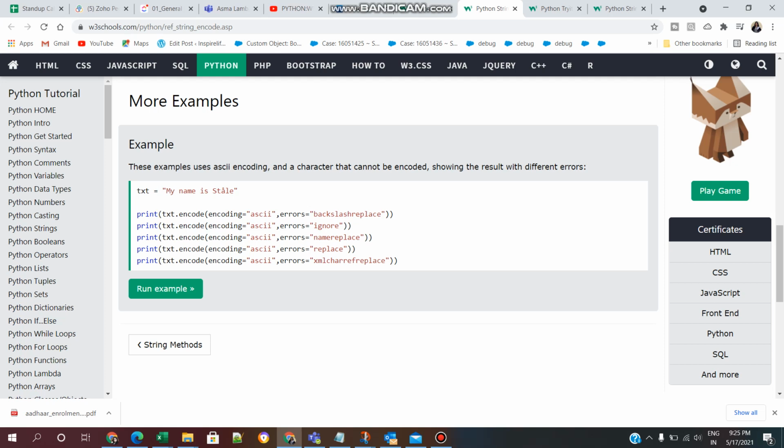Now print txt.encode with encoding equal to ascii and errors equal to replace. So we are passing the parameters encoding and errors. Print txt.encode with encoding ascii and errors equal to ignore. We are giving different types of errors like replace, ignore, xmlcharrefreplace, namereplace.